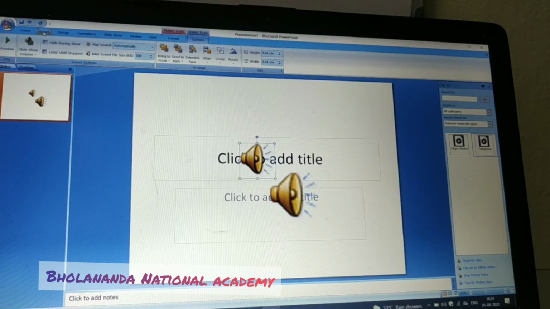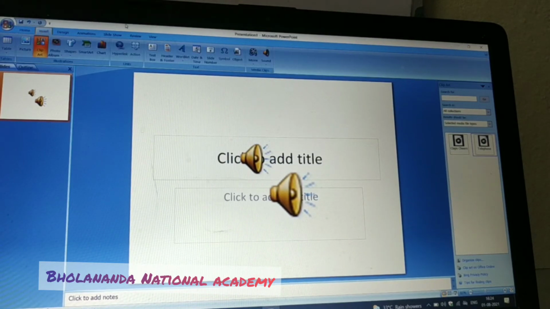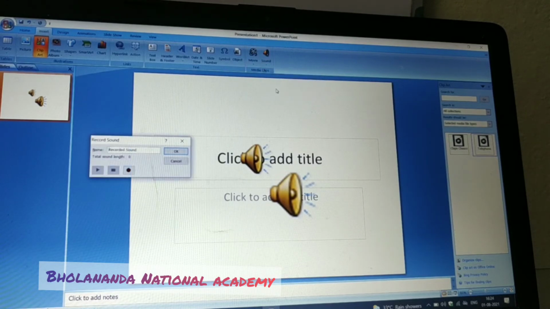The next option is recording your own voice. When you click the Insert option and the sound button, it will show record sound. This is the record button. If you click here, it will start the recording automatically. This is the pause option. If you click here, the recording will be paused.